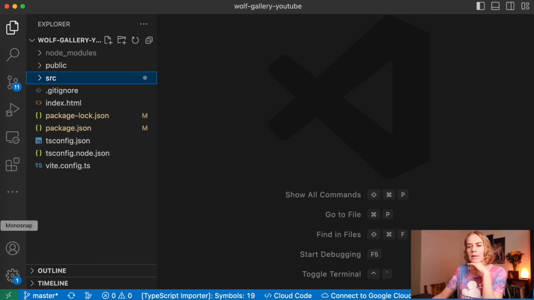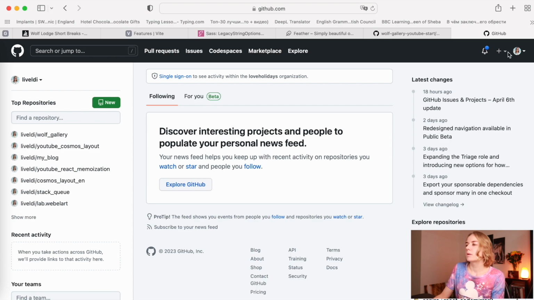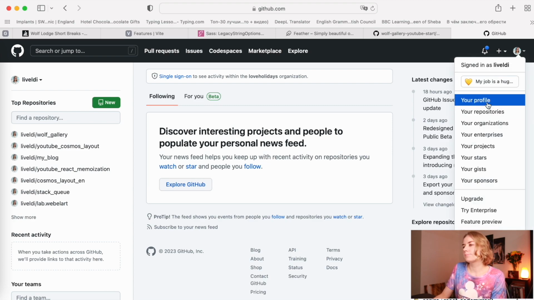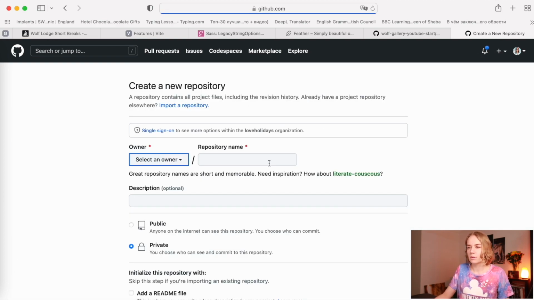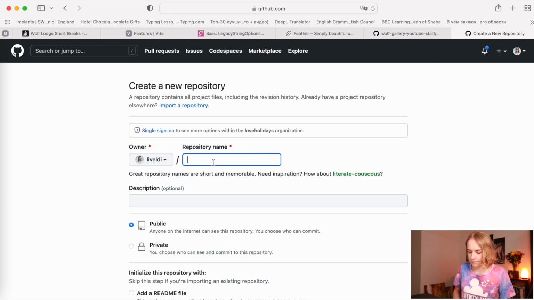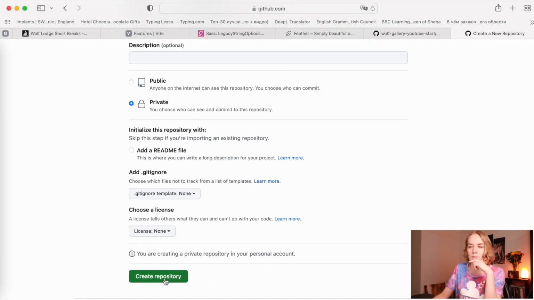With the deploy part, we should create an additional repository. I don't want to push everything into the previous one, and I create a new repository, Wolf Gallery YouTube final. It will be private. Try to create this gallery on your own. Create repository, and